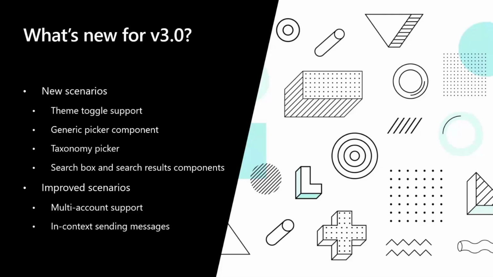We're bringing a new picker component, which is a generic picker. Basically, think about it as a picker that can select any entity from any collection on Graph. It can be users, tasks, sites, list items, document libraries, anything. So we're really empowering devs to build picker experiences attached to any endpoint on Microsoft Graph.